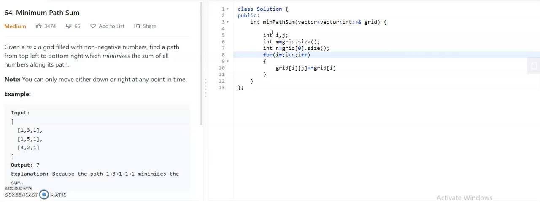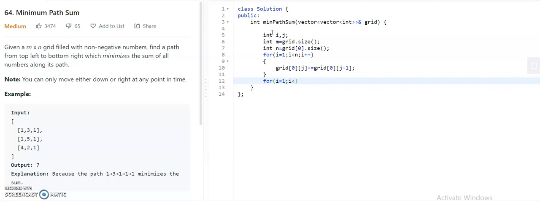At 0 you will not have any left element, so you start from 1, and as it is the first row you keep the row as 0, and as you are taking from the left you take j minus 1.